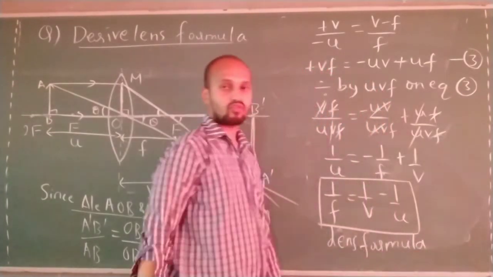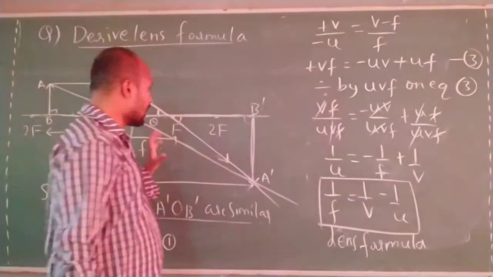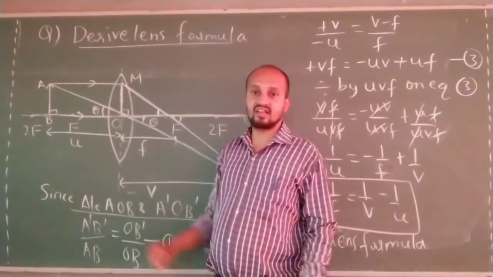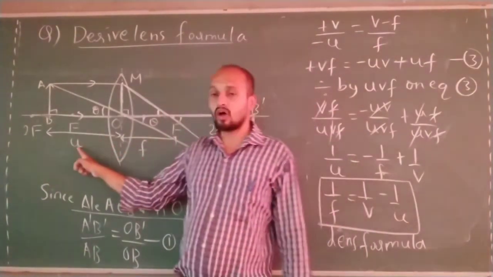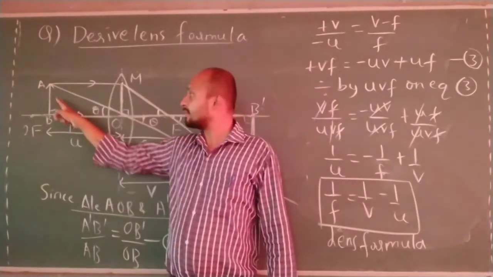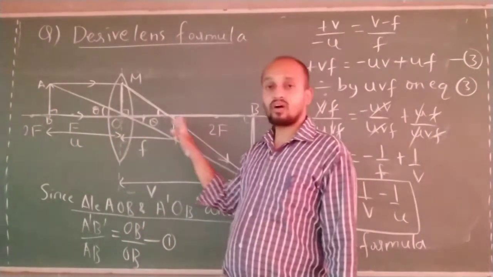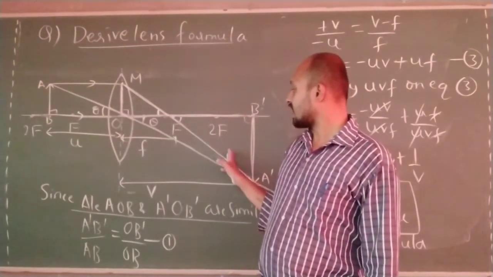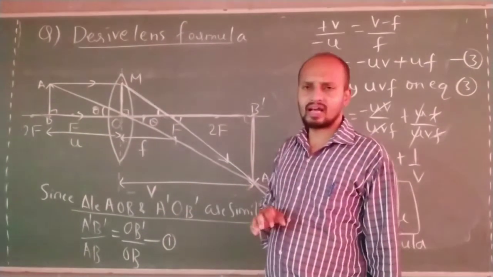It can be asked for 5 marks. These are the skeletal steps which I can say. You have to give a lot of explanation for this. Consider a convex lens having a focal length F. Let U be the object distance. Let AB be the extended object. This object will form an image after passing through the convex lens, having an image distance V. Every point has to be written.